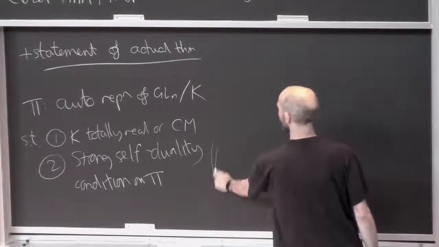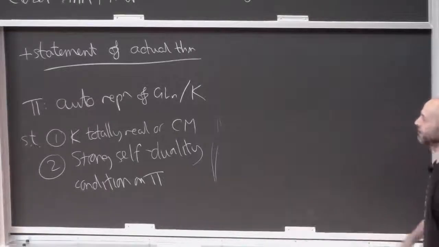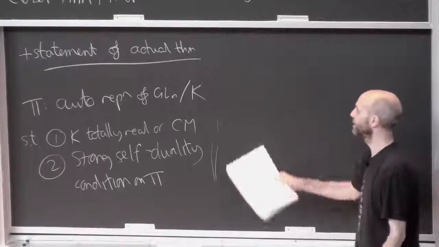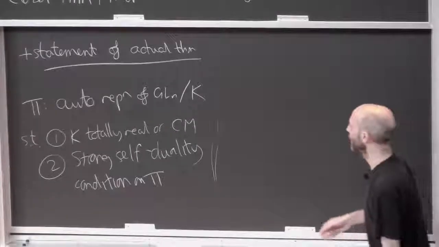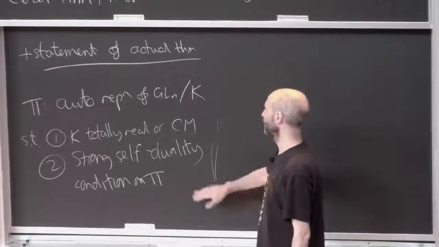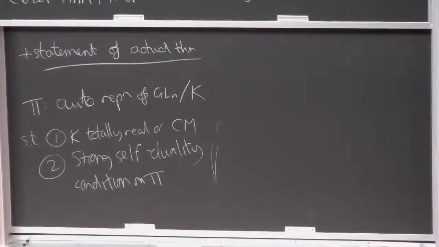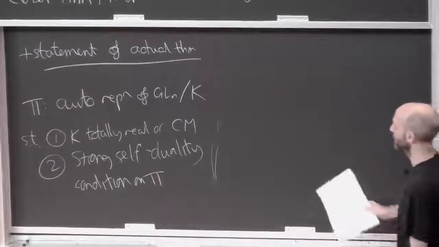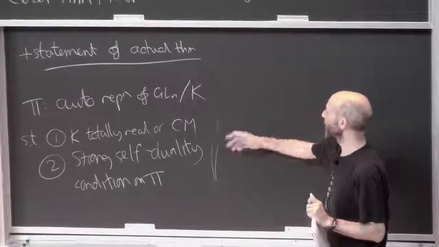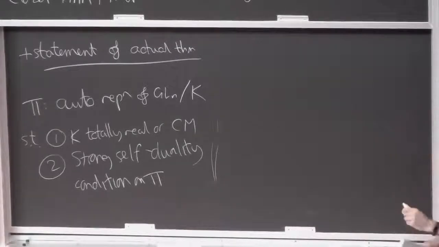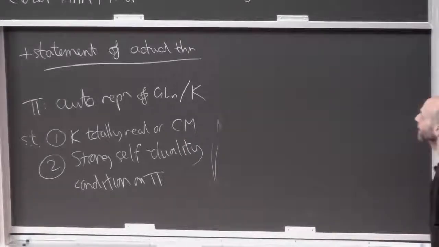So both of these are very strong conditions, because what percentage of number fields are totally real or CM? 0. And what percentage of automorphic representations have got this duality condition? Actually, nobody really knows. I've heard some people suggest that a generic representation might be dual in this way. So this is some condition of mysterious strength, but when you think about it, people like to give the impression that we're really racing away, solving lots of Langlands conjectures, but there's this huge restriction.